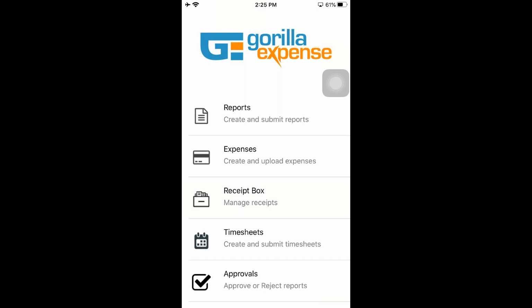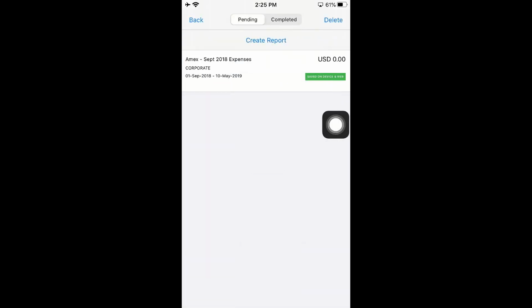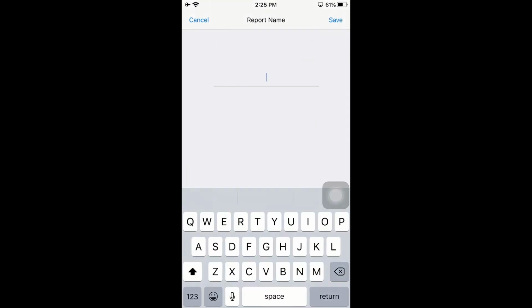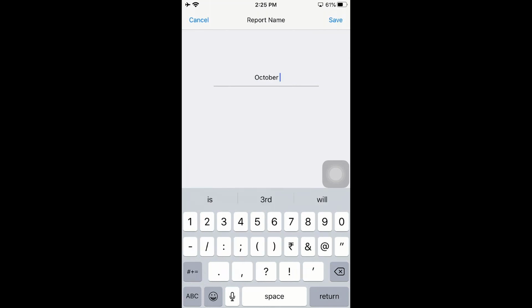So I'm back on the home page of the application, and now I'm going to click on reports. So let's create a report and get all these transactions into a report. For that, there's a create report button in the middle, and then I just have to fill in a few pieces of information. I just have to give a name to this report. So I'm going to say October 2019 expenses,